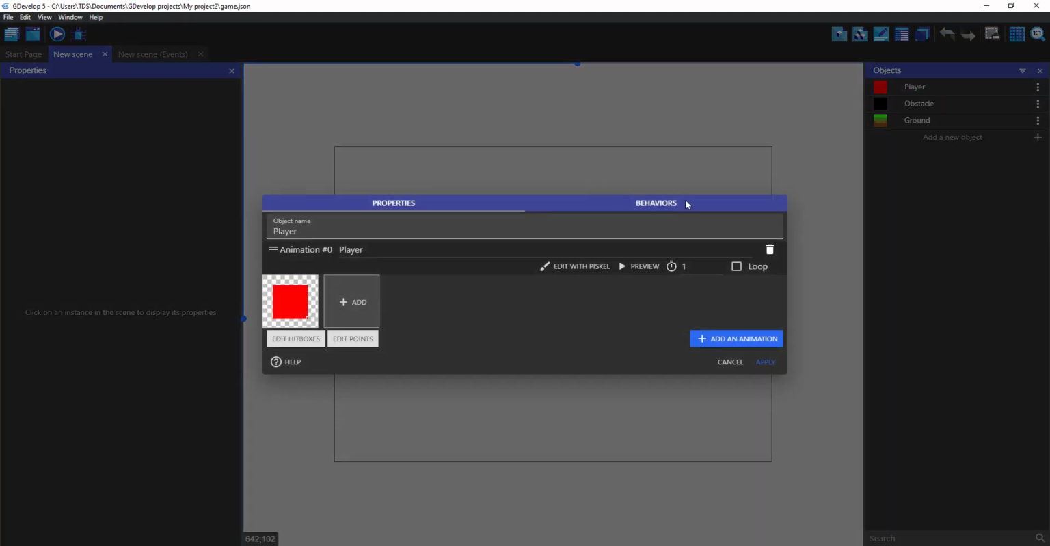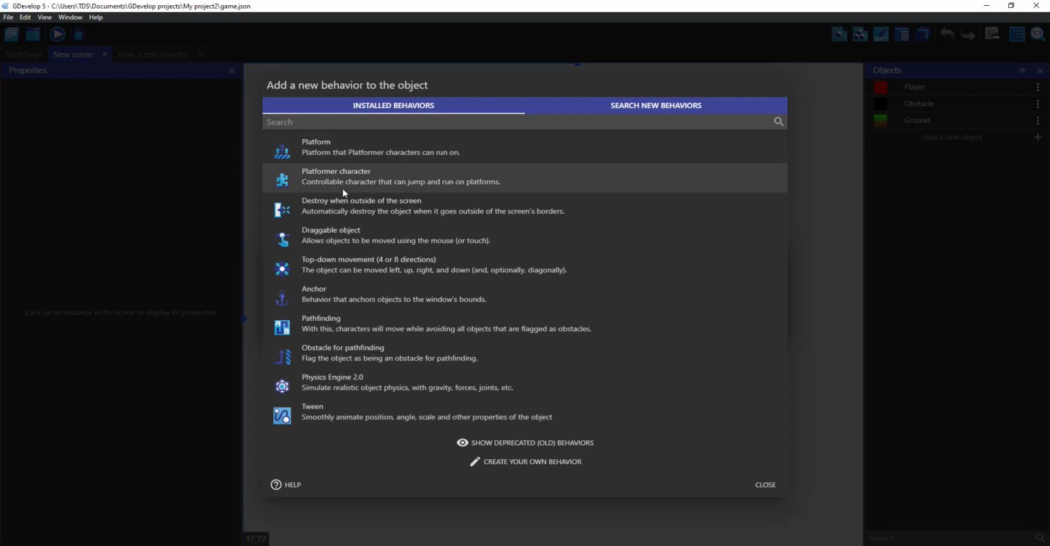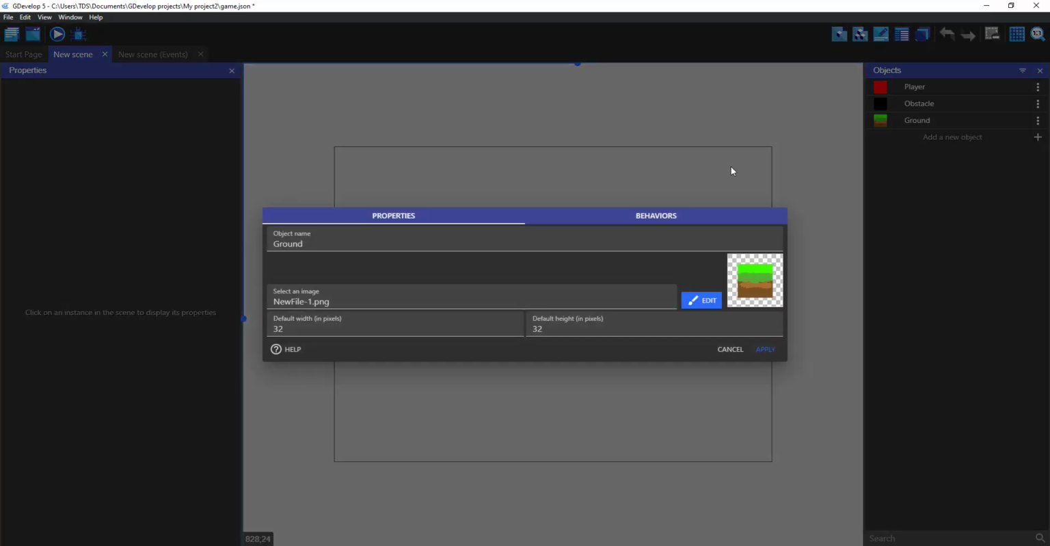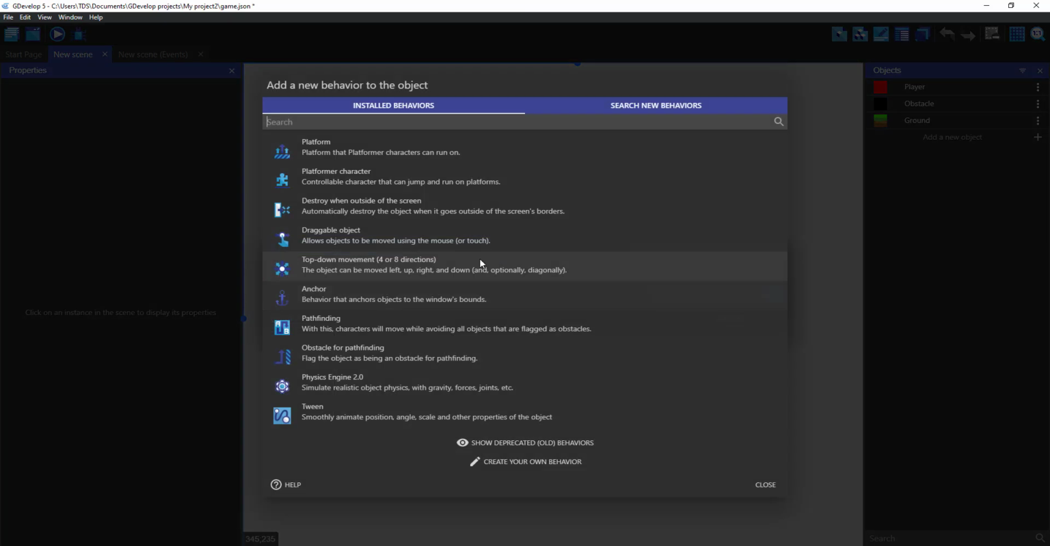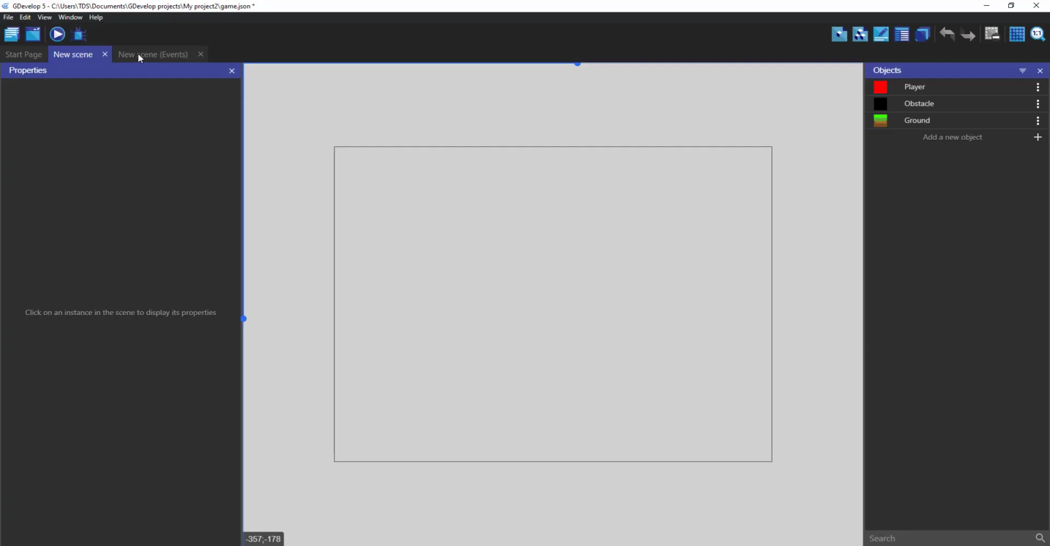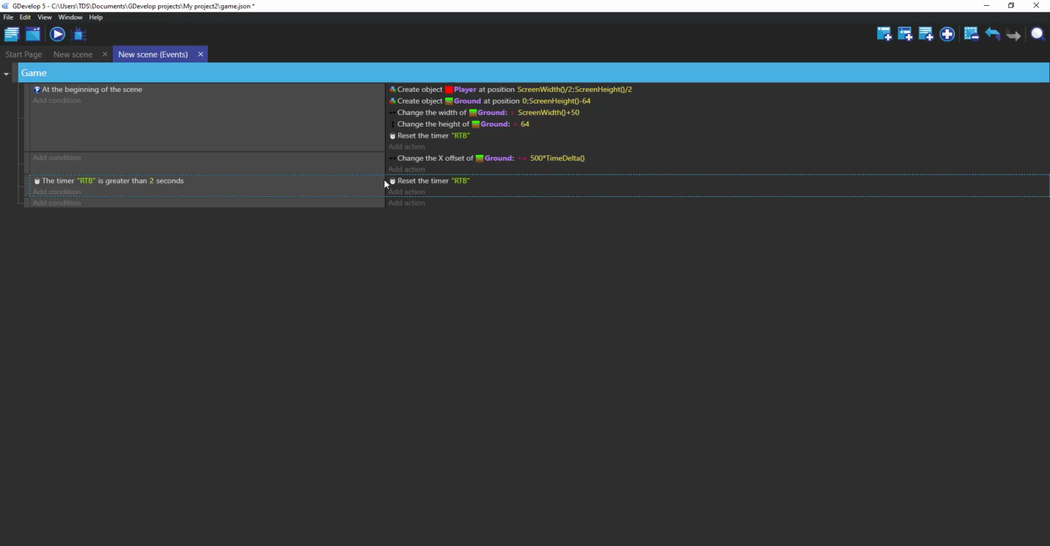I forgot to do something. Let's add a platformer character. Let's make it 800 and font speed 800. Okay, and add a platform. Okay, Now